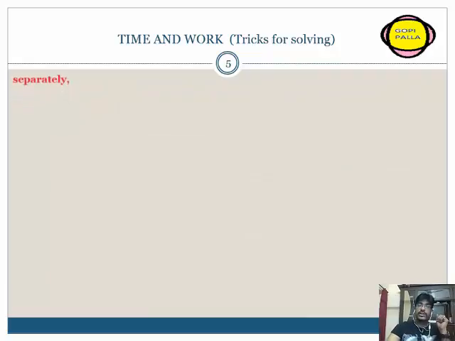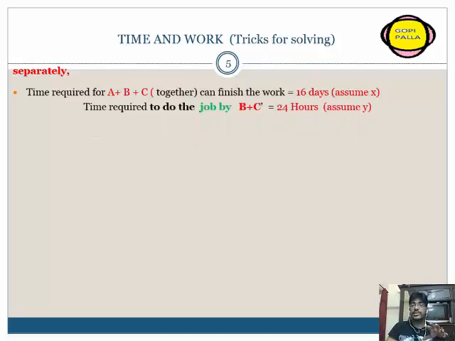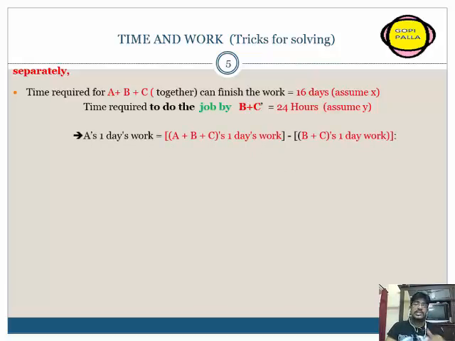Now we are going to the second part of the question, which is A alone's work, B alone's work and C alone's work. We already got the total time required for A plus B plus C together, which is 16 days, from the previous step. So we'll assume that 16 days is X. The total time required to do the job by B plus C is already given as 24 days. So we need to find A alone's work. By common sense, A's 1 day's work equals A plus B plus C's 1 day's work minus B plus C's 1 day's work. If you subtract it, we will get